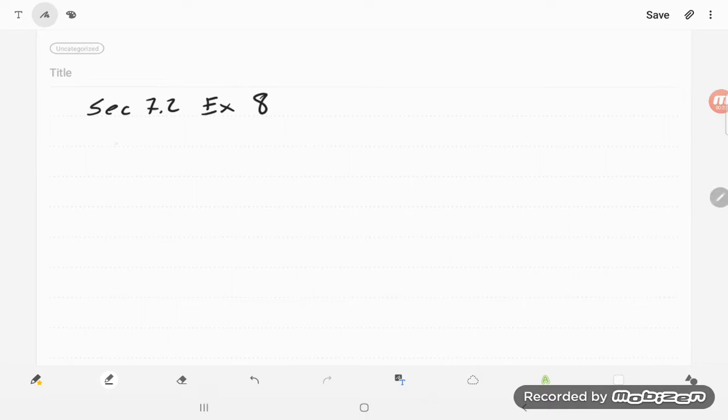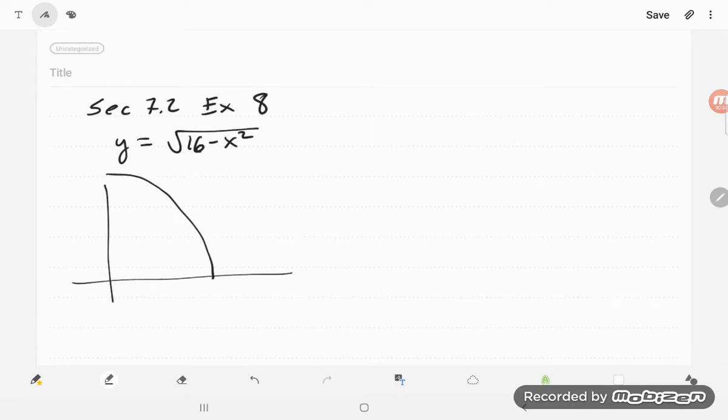We're given that y is equal to the square root of 16 minus x squared. Well, that's a circle, and they're just going from 0 to 4 here and 0 to 4 up here, and they want us to rotate